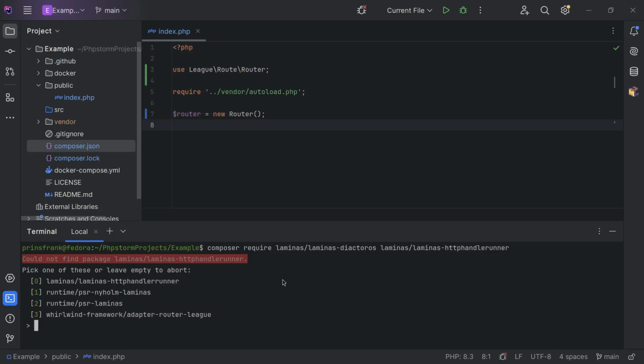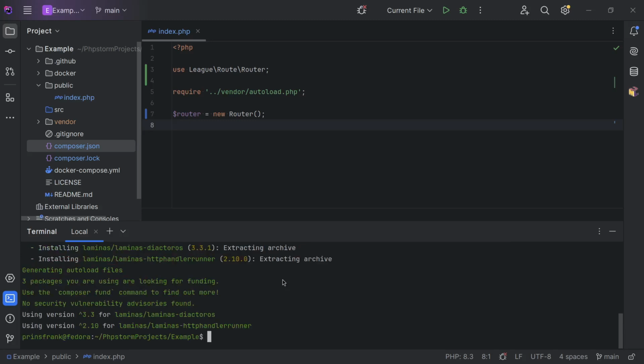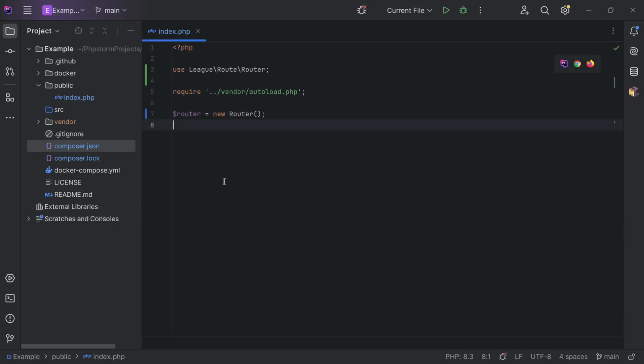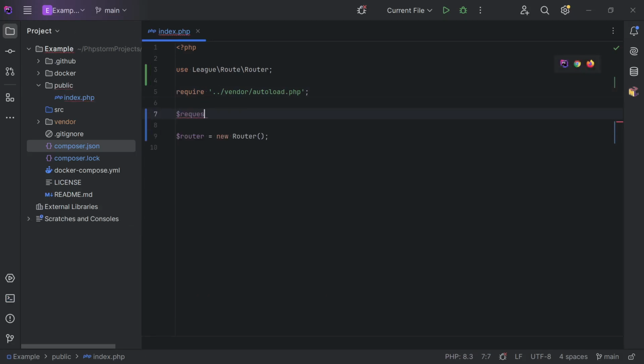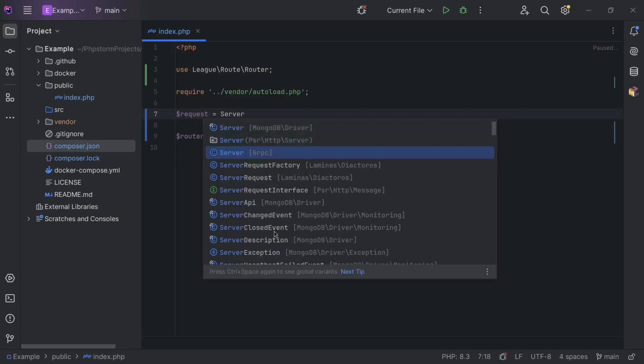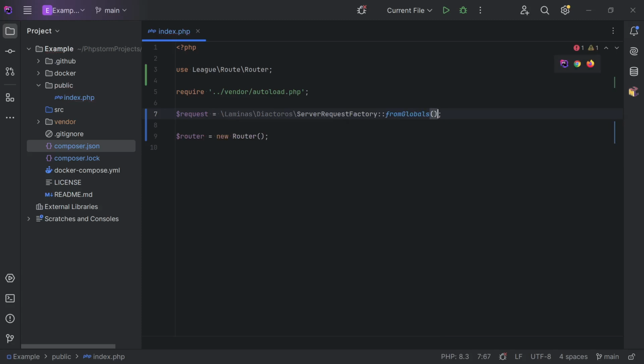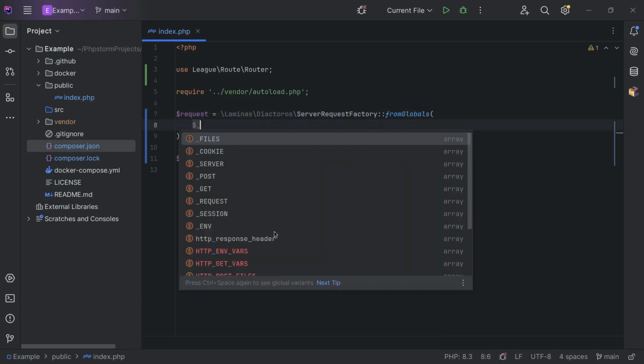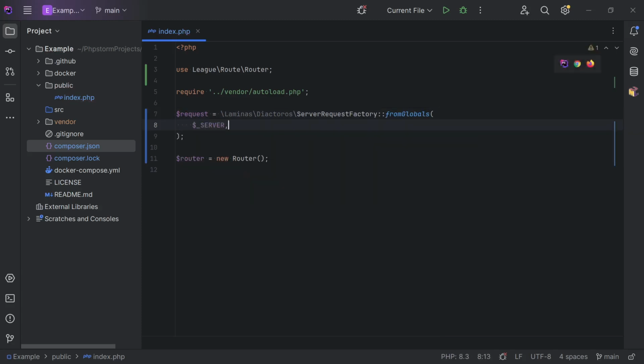Made a typo there, but it's option 0. And now let's bind everything together. So the first thing we have is a request, and we can create that with the server request factory from globals. And we need to pass it some super globals, the server